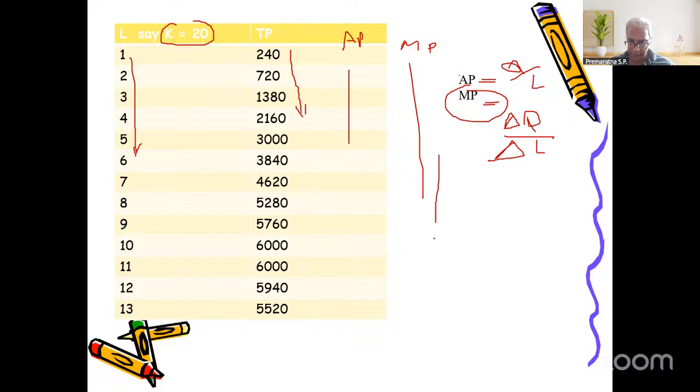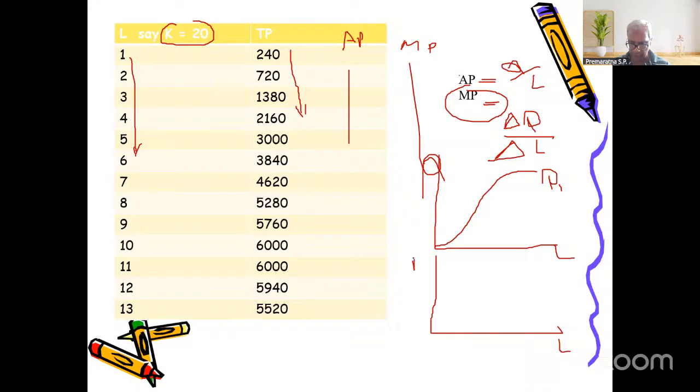After that, draw these two charts. The first one, the total output against labor, and see the shape you get, and check it and do it after the lecture when you have free time. And the second, just underneath, draw the average product curve and the marginal product curve. Average product and the marginal product curve.